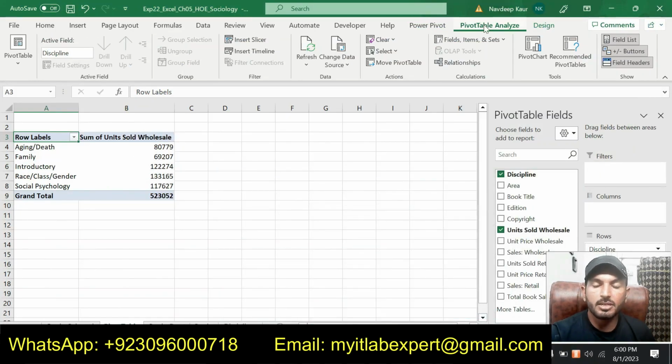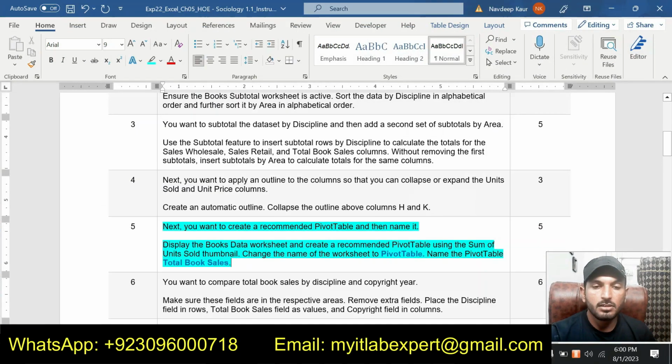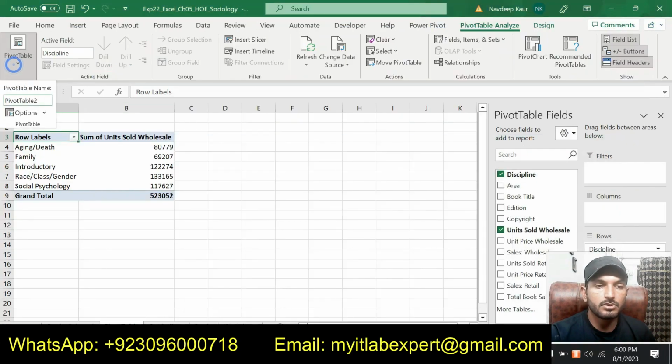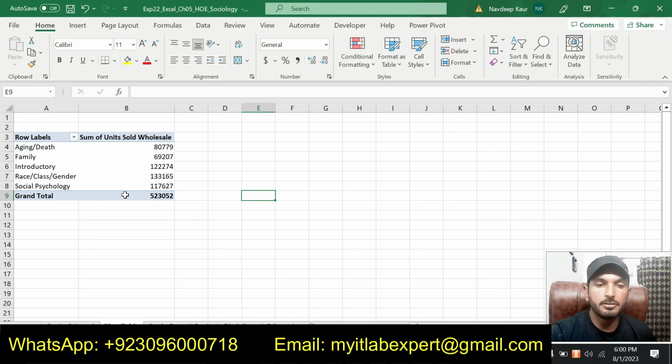So go to the pivot table analyze tab and go to the pivot table and here we will change the name. That should be total book sales. So total book sales and press enter. So I have changed the pivot table name to total book sales as required in step number 5.